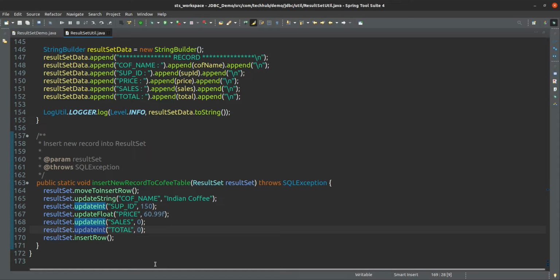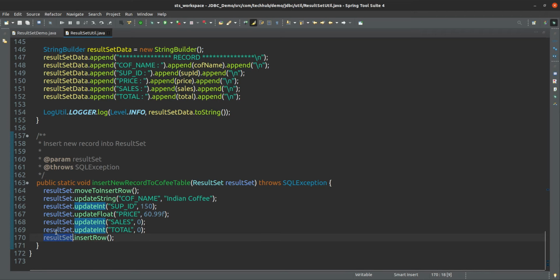Or if it is a float, update long, or update byte, update short, update float, update double, update boolean, update date, any type of method, whatever the type of column you want to update or set the value for, you can do that.